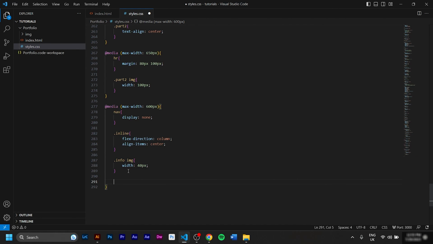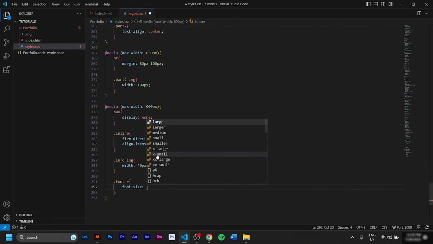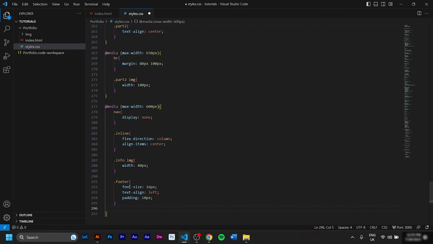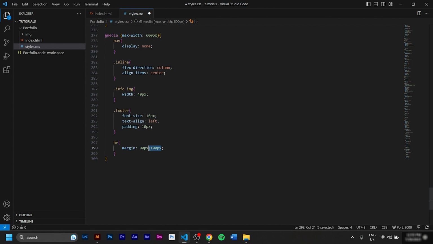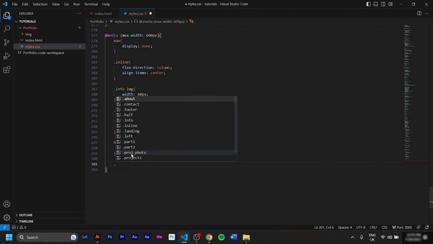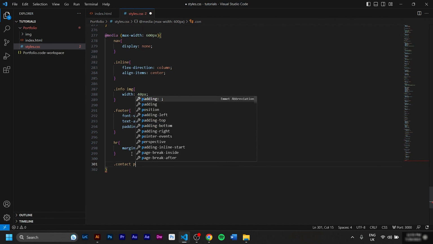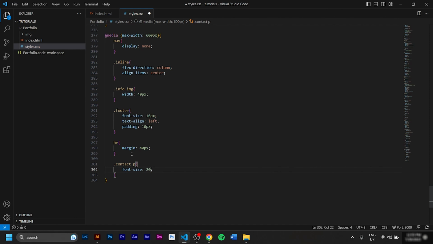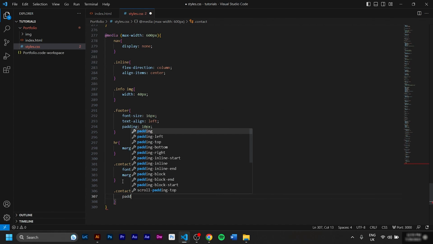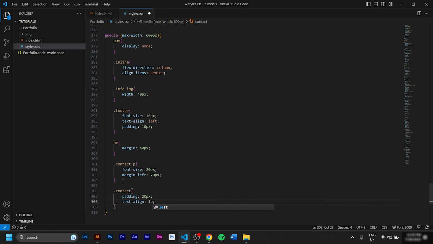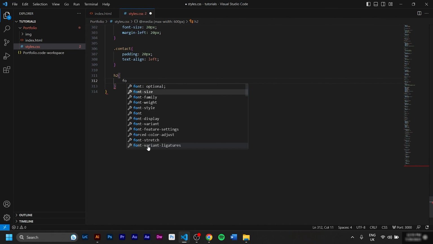I will target my footer: font-size 16 pixels, text-align left, and padding 10 pixels. I'm going to target the HR for the millionth time, and this time I'm just going to give it a universal margin of 40 pixels. Contact paragraphs: font-size 20 pixels, margin-left 20 pixels. Contact: padding 20 pixels, text-align left. H2: font-size 2rem, margin 20 pixels.